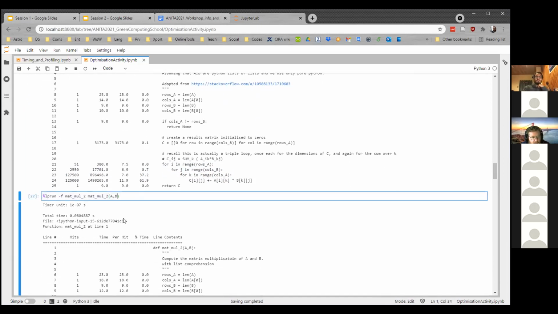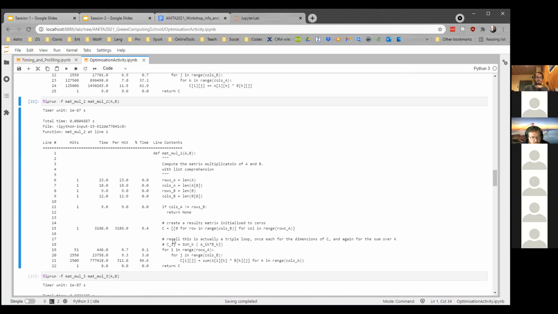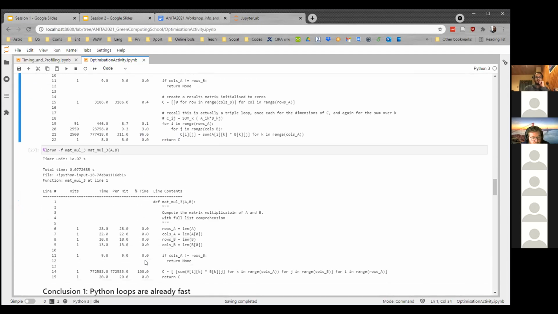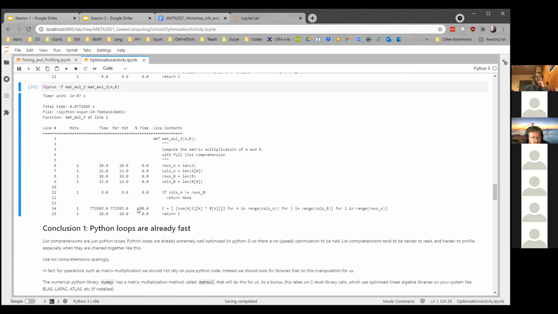We can look at our other line profilers. So this is the one where we just did the list comprehension. We removed one of the loops, which seems like it's good. So now we've focused all of our time into this one thing here. And in fact, if we go all the way to our final one, matmul3, this is telling us that 100% of our time is spent doing the work that we want. So that sounds good,